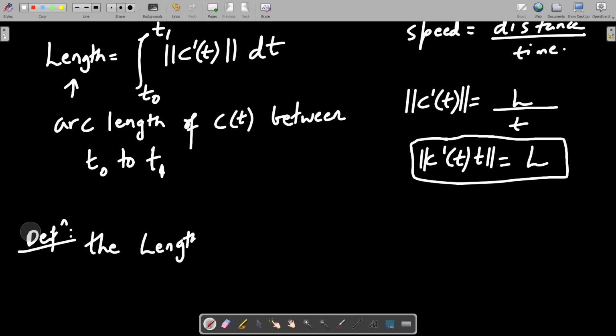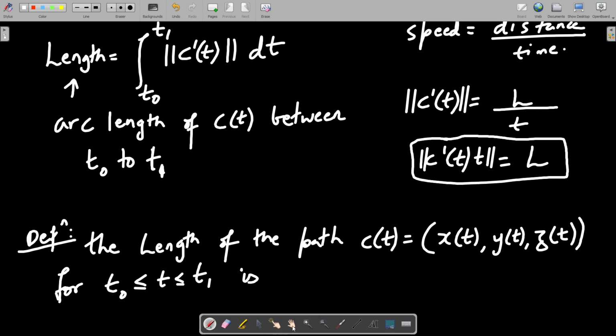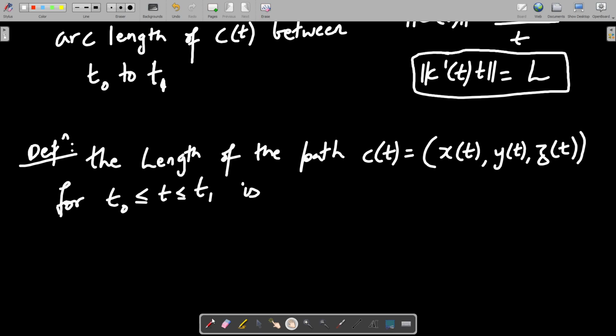The length of the path C(t) given by the individual coordinates x(t), y(t), z(t), this can be extended to n variables, for t lying between T0 and T1 is